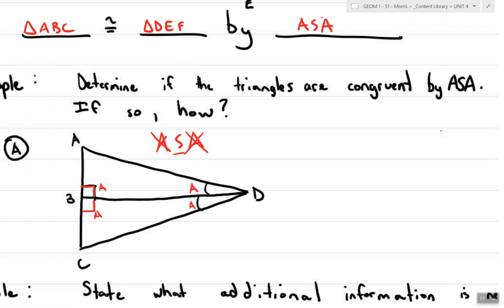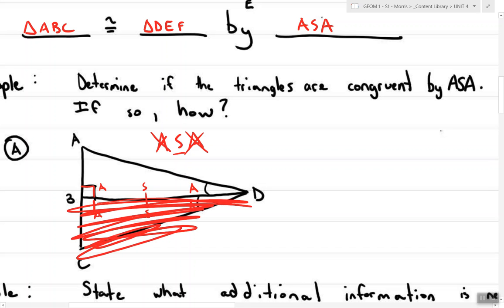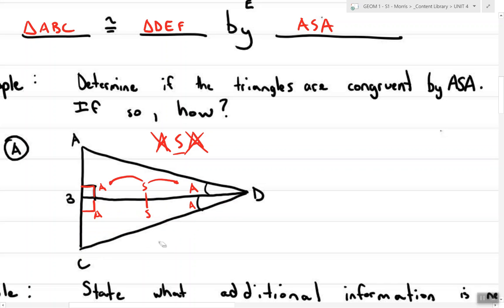So I'm going to look at information that I can assume is true. There's only two things I can assume are true: shared sides and vertical angles. In this problem, I have this shared side of BD. So if I look, I'm going to go ahead and just draw through here. If I look at this top triangle, I can see that the side is between both angles. Just like if I cross off the top triangle and I look just at the bottom, my side is between both of my angles. So, therefore, if I have angle side angle for both triangles, yes, these two would be congruent by angle side angle